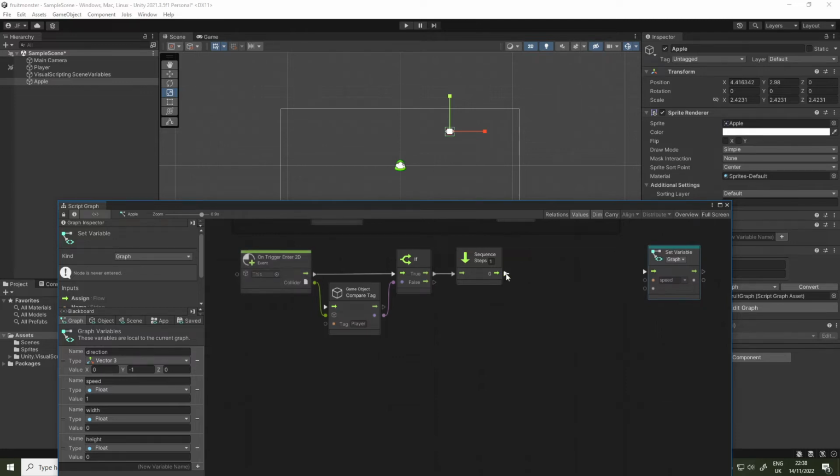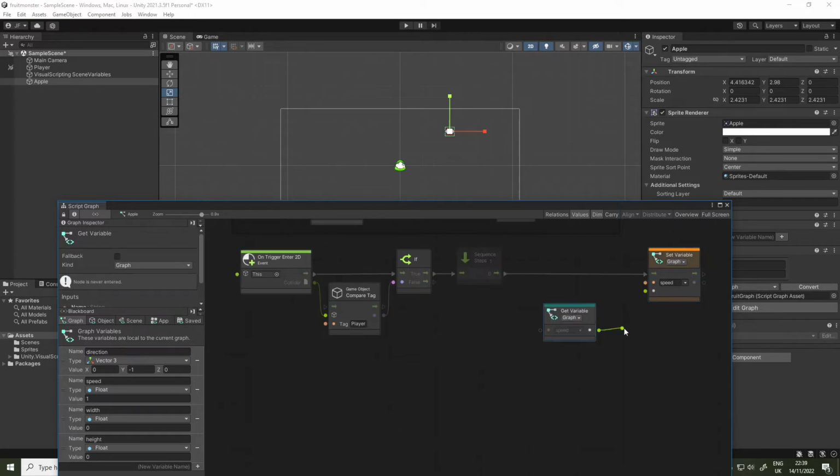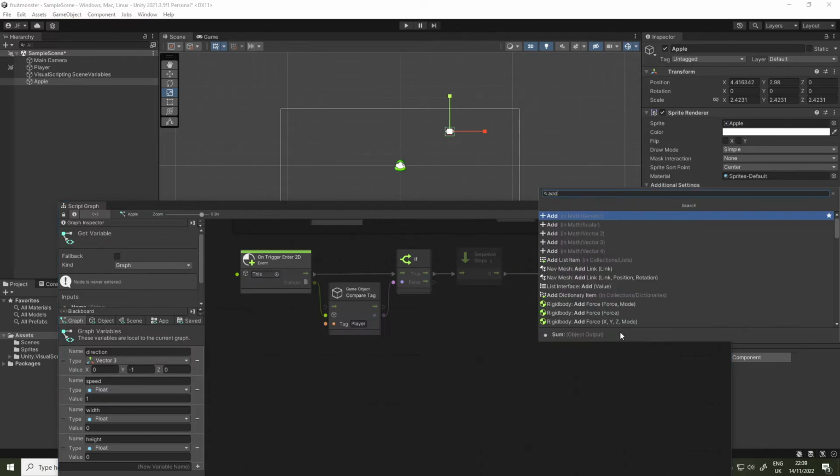Okay, so I will send the flow here so that the variable is indeed set, and the new value of the speed should be the previous value of the speed plus, so for the first time we will use the add